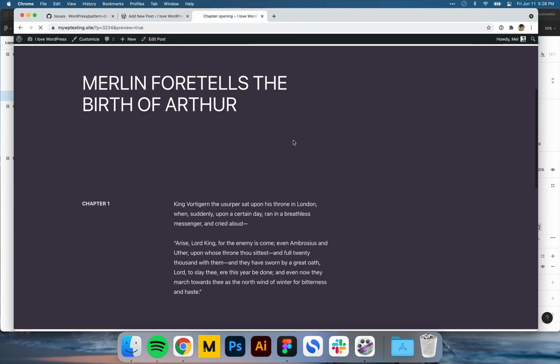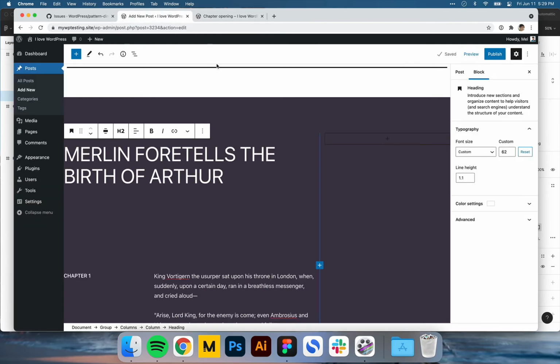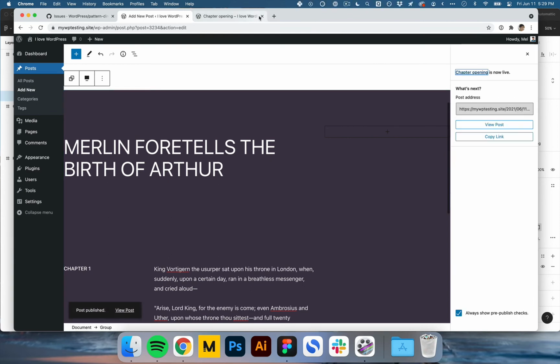And sometimes it is kind of a compromise here since we don't have a great approach for responsive typography yet in the editor. But you might also be able to handle that in your theme or by adding some custom CSS if there's anything that really isn't working. So publish this and it should be good to go now.